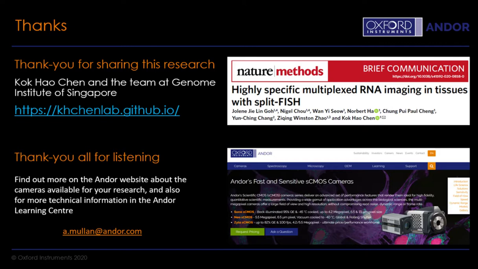But if we can get rid of autofluorescence, for example, by combining with clearing, or if we build or acquire more advanced imaging like confocal or light sheet, then we can certainly try to image a thick